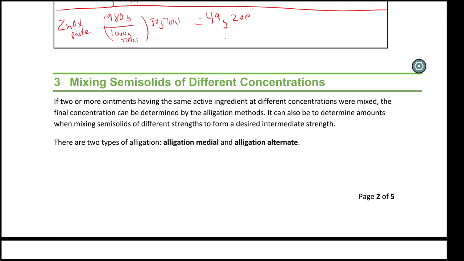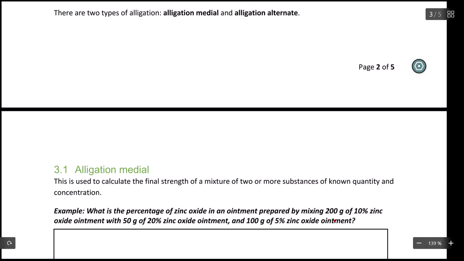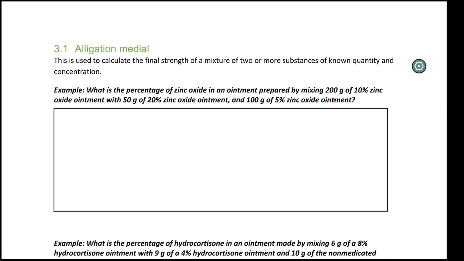We're going to look at 2 new words, and it doesn't really matter if you know the words as long as you know how to do what they're trying to say. There's something called alligation medial and alligation alternate. We're going to use alligation medial, which is just a fancy word for doing something you probably already know what to do. Alligation medial is used when we are going to mix